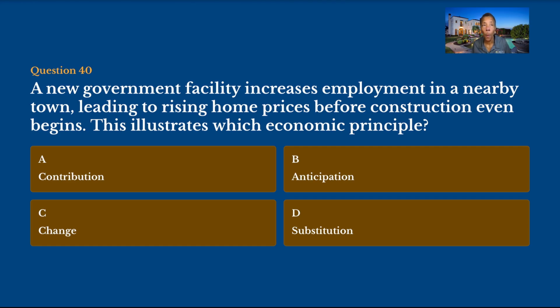Why is that? Because we're anticipating that in this area, there are going to be a lot of people, a lot of activities, and home prices are going to go up and get bolstered, right? So we are looking at what we call the economic principle of B, anticipation. And what we say is it's not necessarily what it's worth today, it's what it is going to be worth.